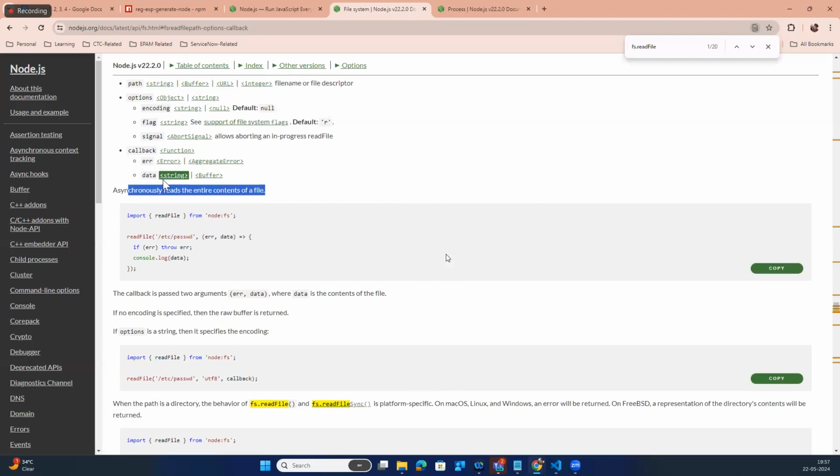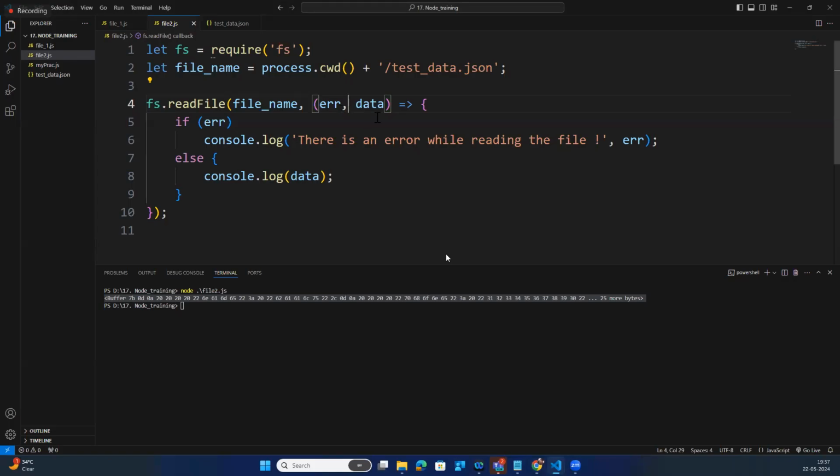If you read about this, there is an encoding option. By default it is null. That is the reason it is showing a buffer, but earlier it was different. So what are the encoding options? You are aware of this, right? We have something called the UTF-8 format. Whenever you are telling fs.readFile